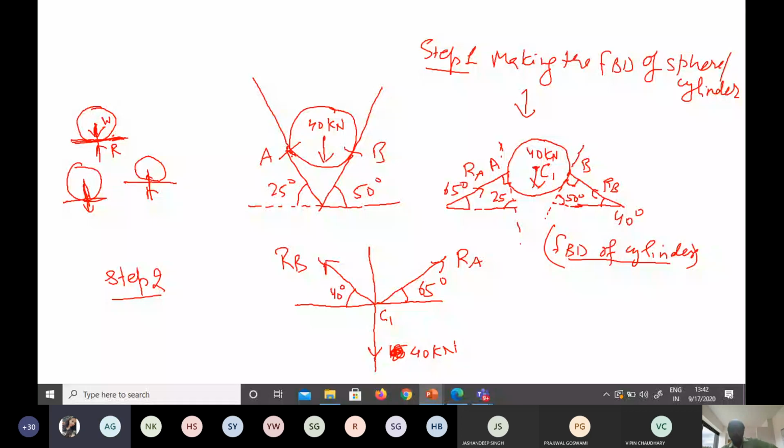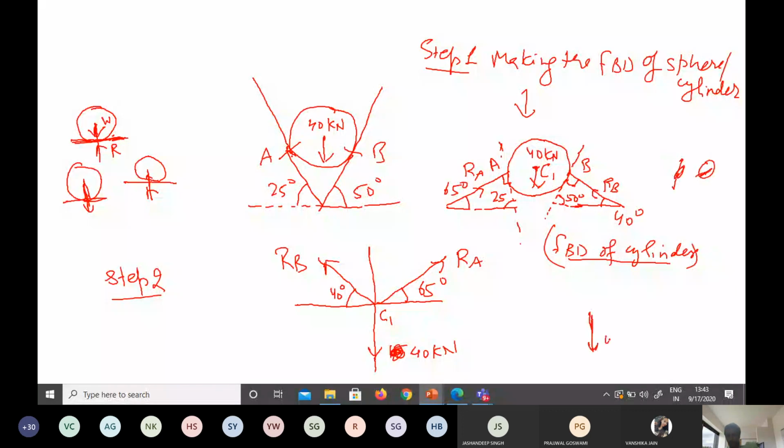No, sir. Yes, please, sir, repeat. Okay, I am repeating it once again. See, as the system is a concurrent coplanar force system, all the forces must pass through a common point. What are the different forces we have? This is the force RA we have. The second force is RB and the third force is the weight at C1. I am just extending the RA force from here to here. When we are extending it here, we will see what angle it is making. See, I am again making it clear for you. I will show it to you.